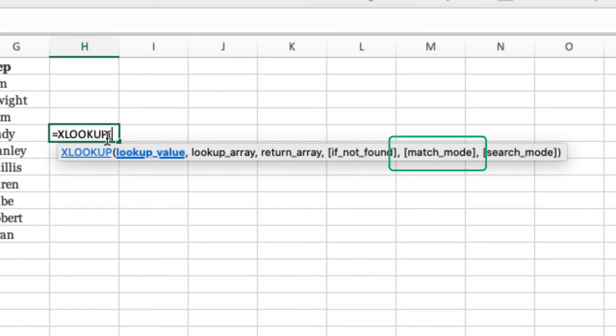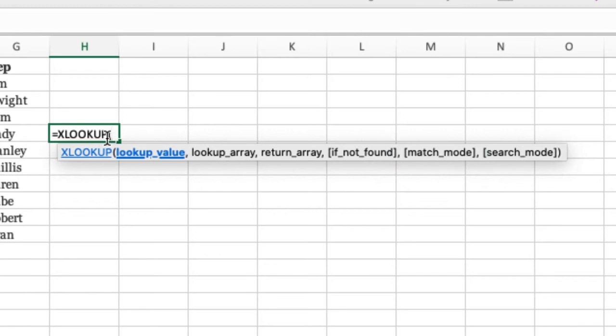Then the fifth argument, you have the match mode, which is again something that was already available in VLOOKUP. We have exact match or approximate match. One difference from VLOOKUP is that exact match is now the default of this XLOOKUP function. If you recollect VLOOKUP again, we had approximate match as the default, which is not a deal breaker, but it's not the most convenient thing to have. So here, most of the times, since you would want an exact match anyway, you would be able to skip